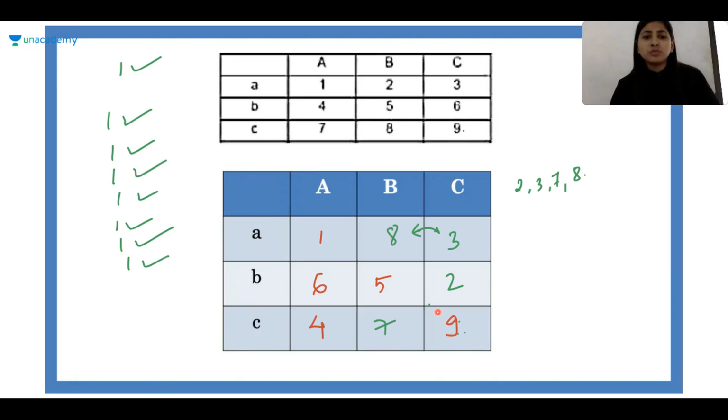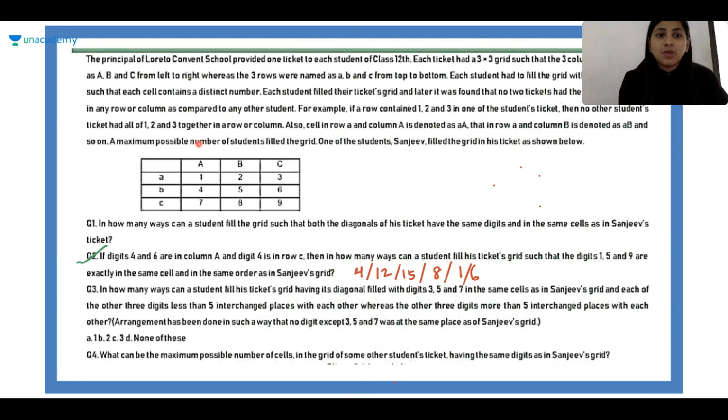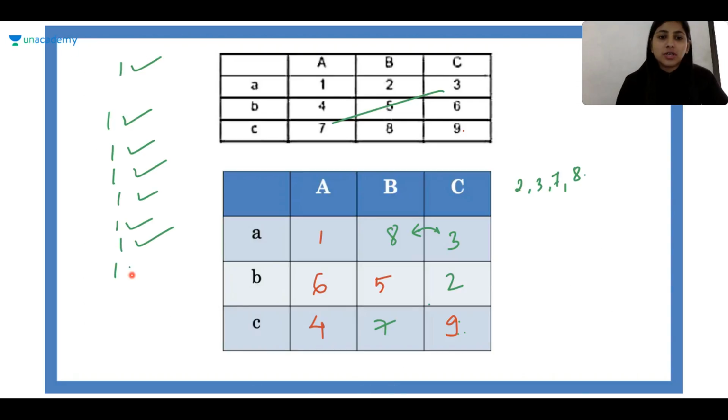No, why no? No, 357 is in the diagonal. No, they are only talking about row or column. 357 will work in the row. They only didn't talk about diagonal. They didn't say that the 3 digits in the diagonal should also not be the same. Only row and column. So this will work. Exchanging will work.